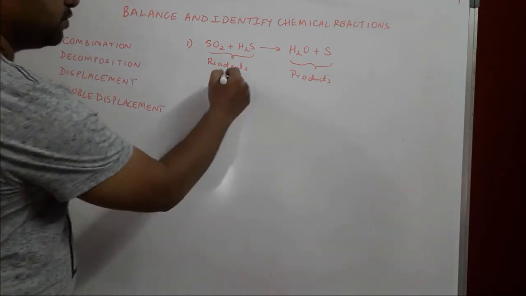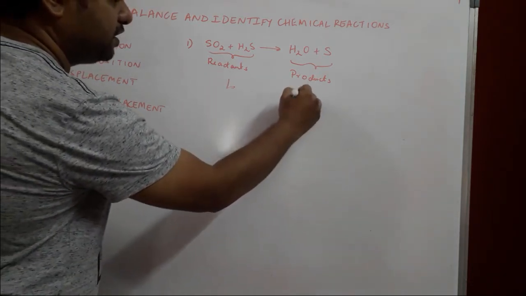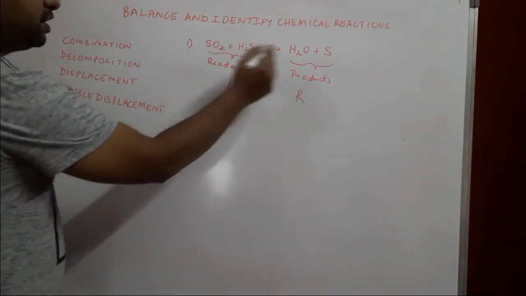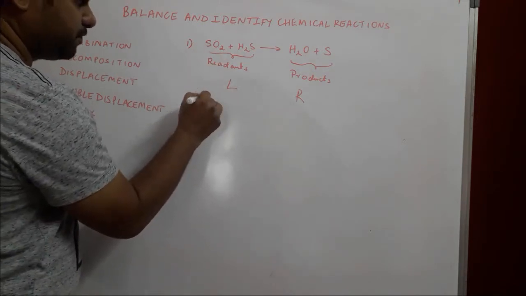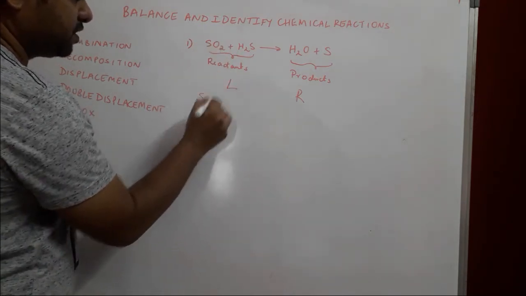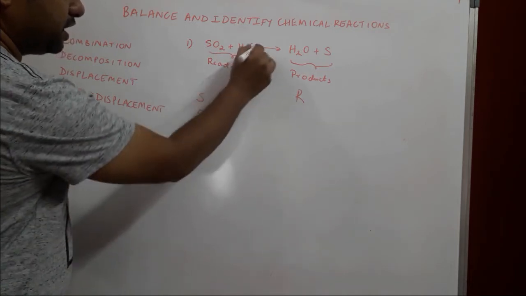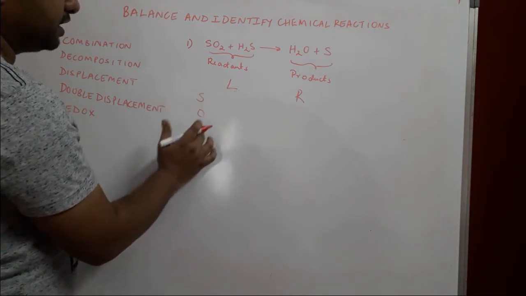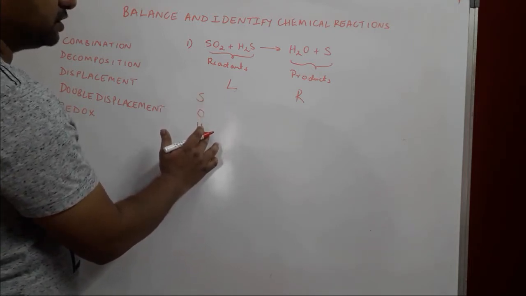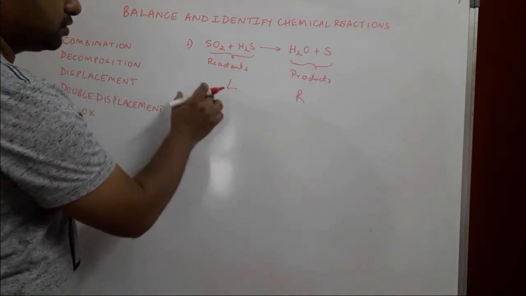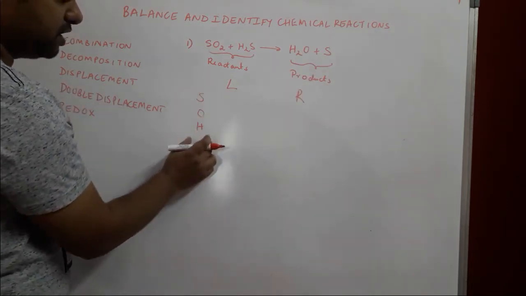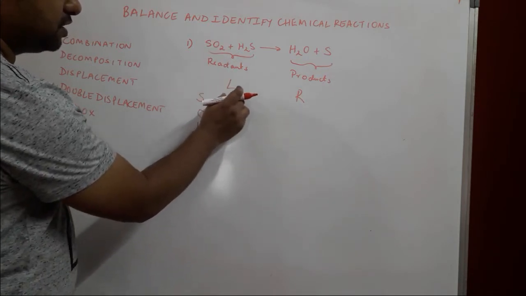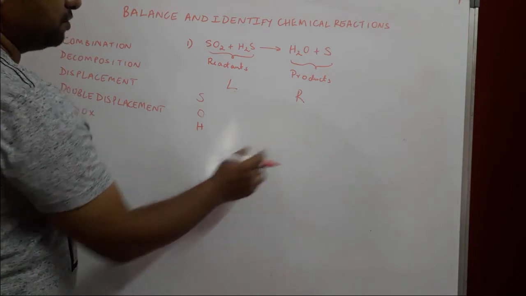Okay, so we have the left hand side, and we will separate it from the right hand side. We begin first with listing down the elements. So we have sulfur, then we have oxygen, then we have hydrogen, and finally we have sulfur, but sulfur is already listed here, so no need to add that. So we have sulfur, oxygen and hydrogen. Same goes with the product side. So we can just write it once on the left hand side, and then count the number of atoms, each of those atoms under left hand column and right hand column.